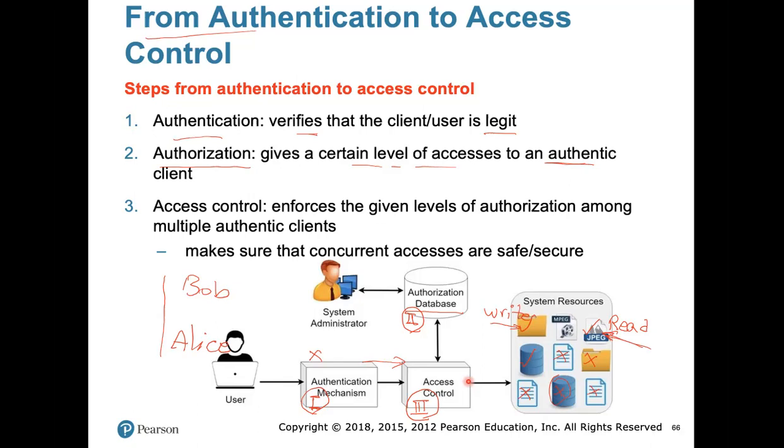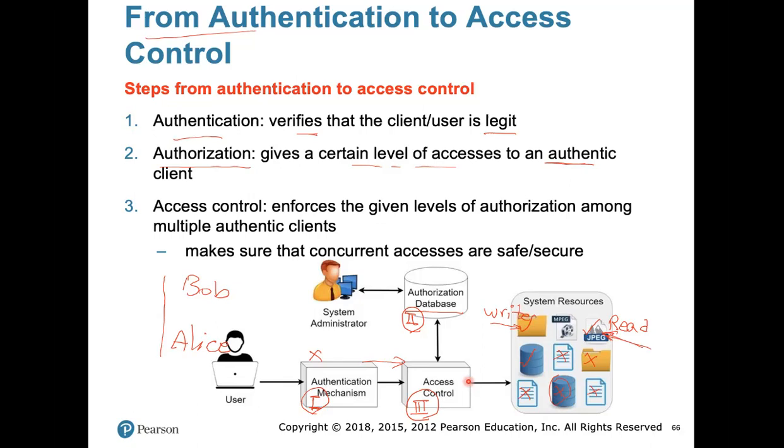So we have two different levels of access defined for them, and the access control should make sure that, first, these two decisions are implemented correctly, and second, concurrent accesses to that JPEG file are safe and secure, because you are talking about one single resource which might be accessed by more than one user